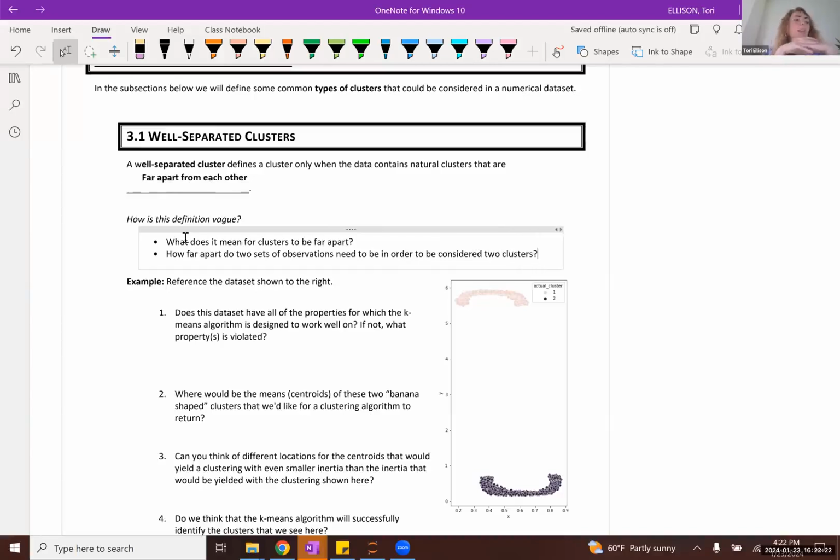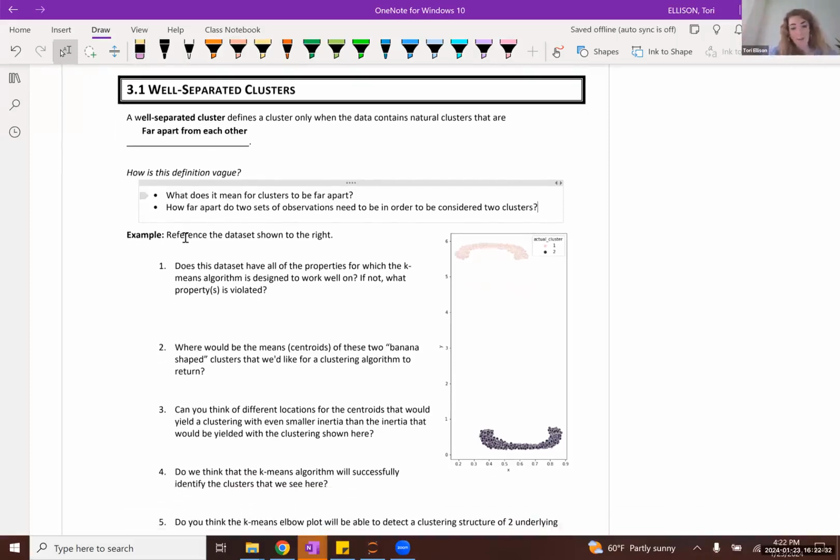Okay. Now, again, we're giving you all of these vaguely stated definitions because there's actually a wide variety of ways in which you might go about answering these questions. And the variety of different ways that you might go about answering these questions also dictates or defines the myriad of different clustering algorithms that exist in the literature. Or in other words, the different well-separated cluster-based algorithms that exist in the literature.